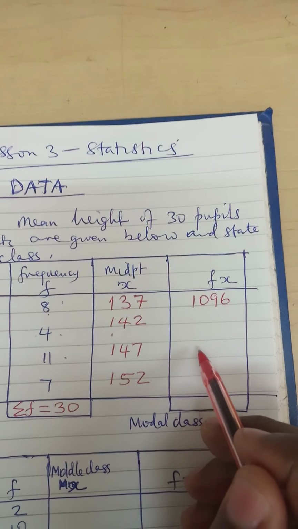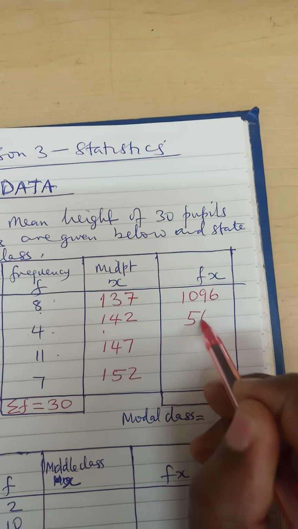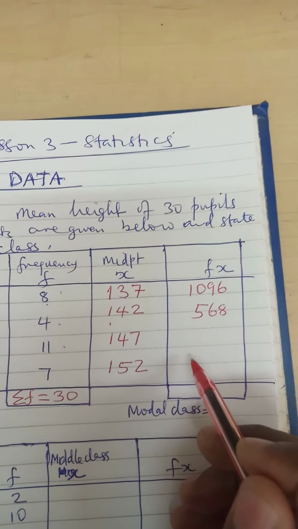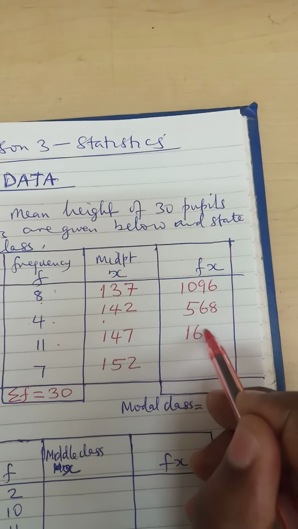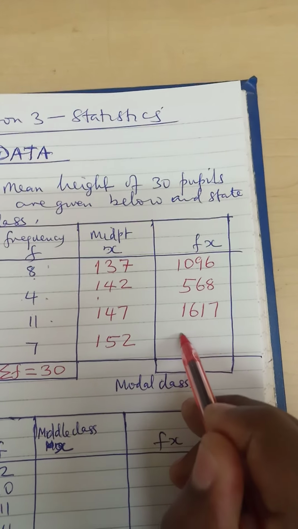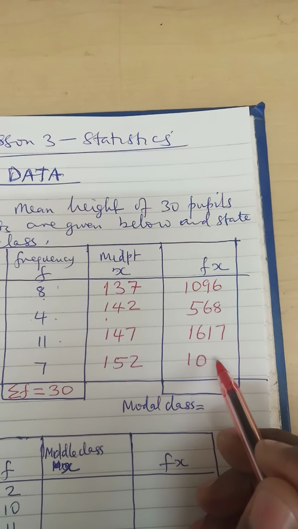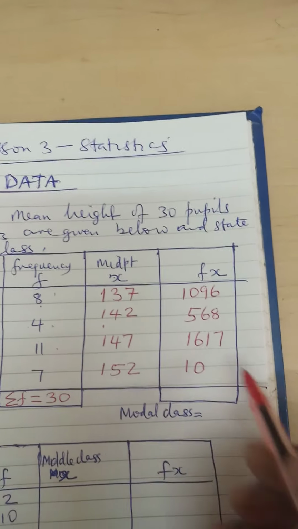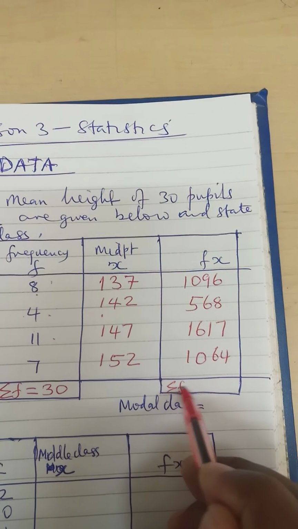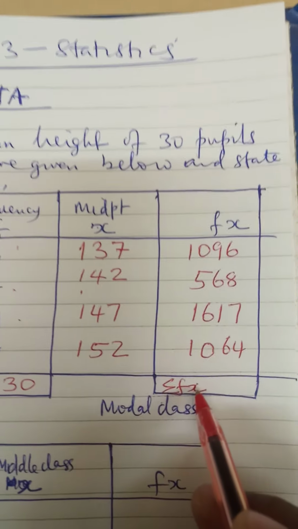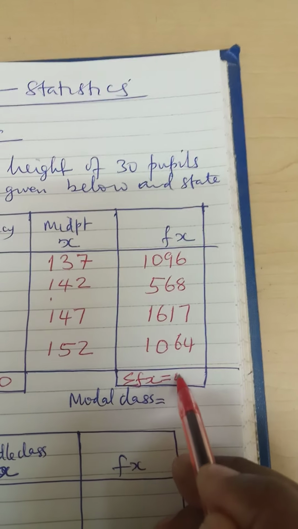That will give us 1096. Multiply 142 by 4. That will give us 568. Multiply 147 by 11. That will give us 1617. And lastly, multiply 152 by 7 to give us 1064. We add this by calling summation of f of x. When we add up those values, we shall get